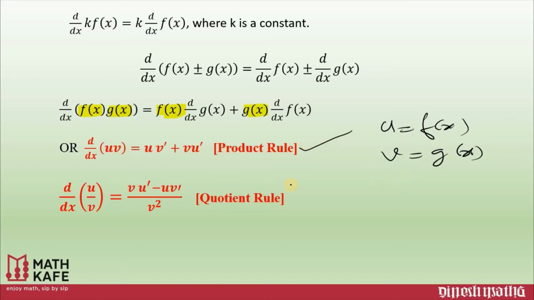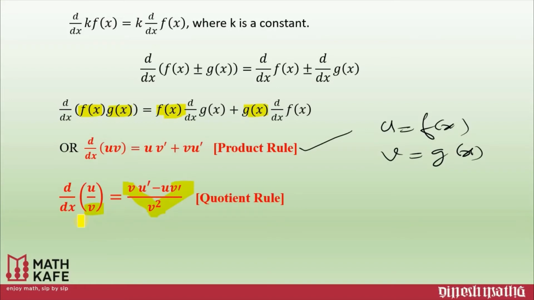And if you go for the quotient rule, u by v, again u and v are functions of x, then you will get v u dash minus u v dash by v square. And if you observe here, starting with this v where you stopped, and in the end also v dash, and here also v, if we join all this, it will become a v. v u dash minus u v dash by v square. These are the fundamentals we have learned in 11th standard.